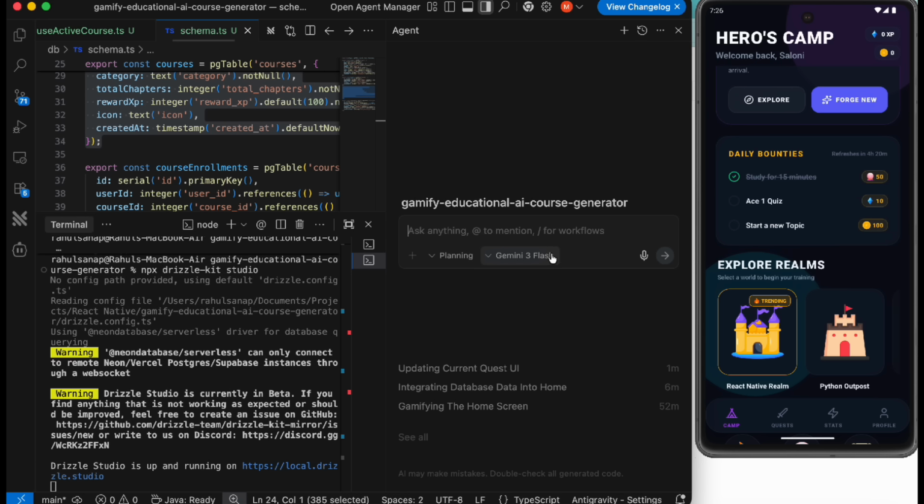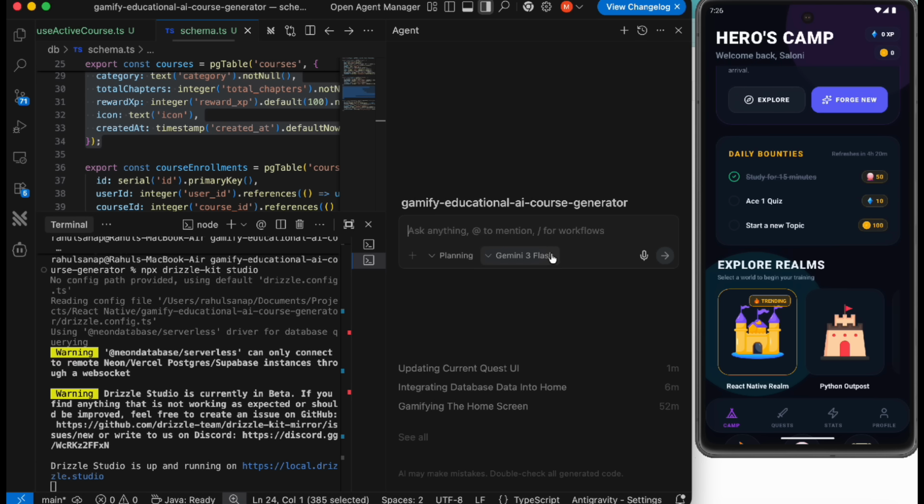We have to show some daily bounties. So every day when the user opens the application, then generate these daily bounties based on courses,